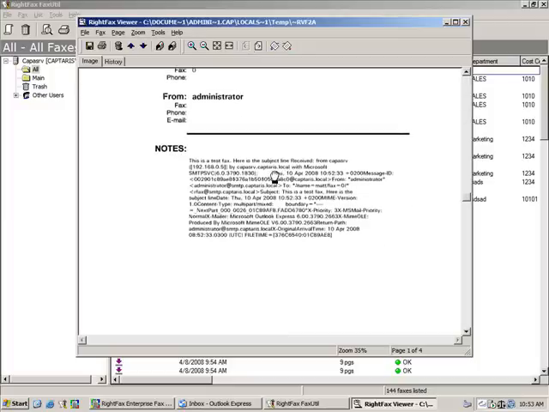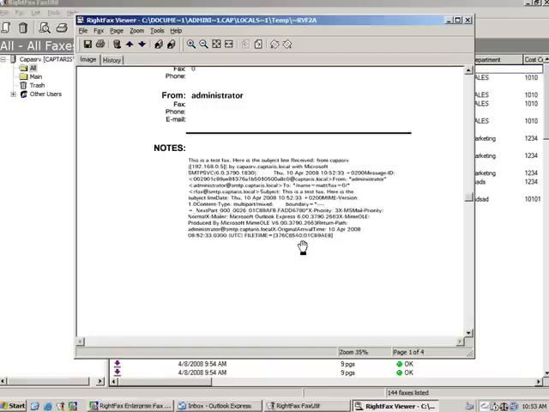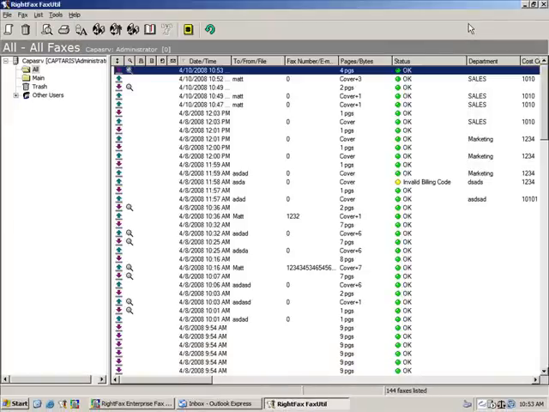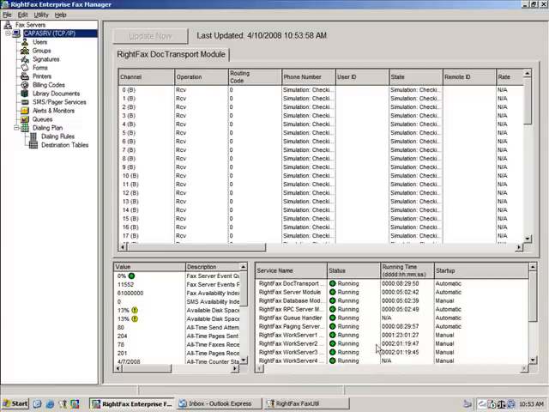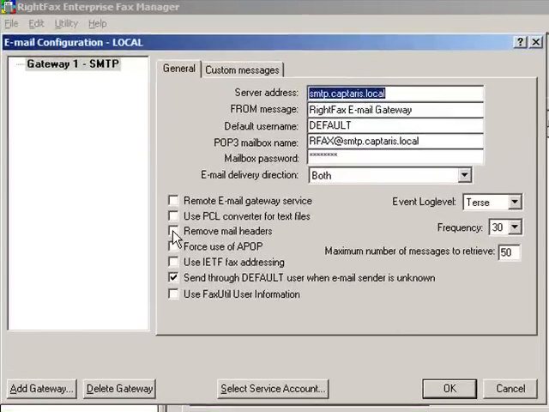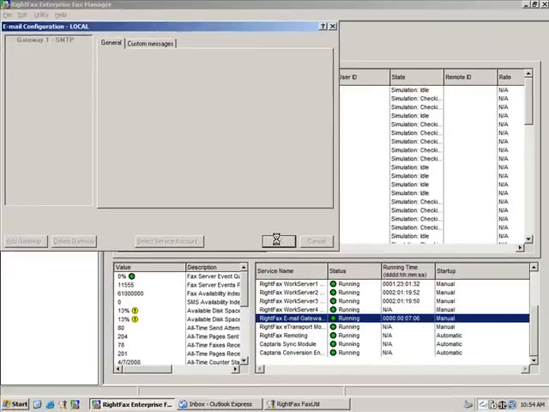Now take a look at the cover sheet notes. Not exactly pretty, because I got that subject line, then I've got all this header information. I don't like that, so I'm going to get rid of that. I'm going to go back to Enterprise Fax Manager and the configuration for the email gateway. I'm going to turn on the remove mail headers function,